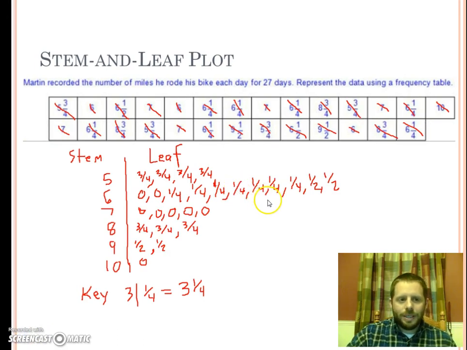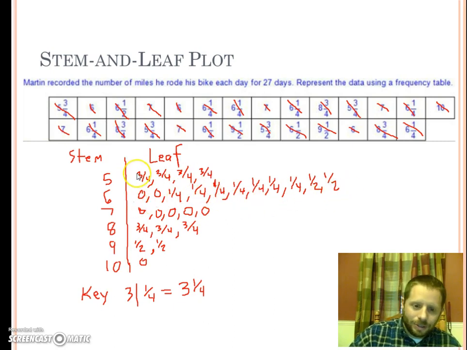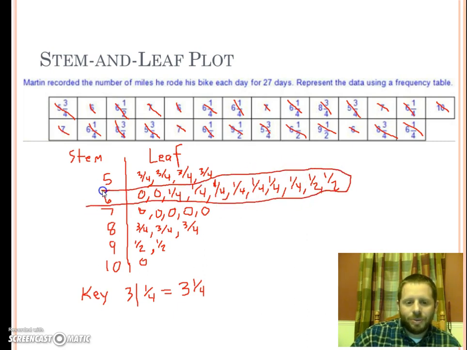Okay, so we've completed the Stem-Leaf plot, and you can see by doing the Stem-Leaf plot where the majority of our leaves fall. So most of our data is falling with a whole number of 6 and a fractional part here. All right, so Stem-Leaf plots give us a quick visual way to see where the majority of our data falls. So most of it falls there. But you can see it almost makes like a what we call